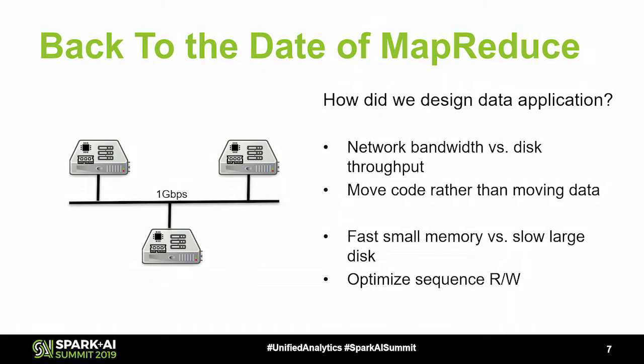Another thing we should consider is fast small memory versus slow but large disks. Memory, though very fast, is quite limited in size. So when we process a large amount of data, it is unavoidable to spill data to the disks. So how do we mitigate this, or fully gain the performance of the disks? One optimization is to change the I/O access pattern, usually from random access to sequential reads and writes, so that we can get the best performance out of HDDs. But